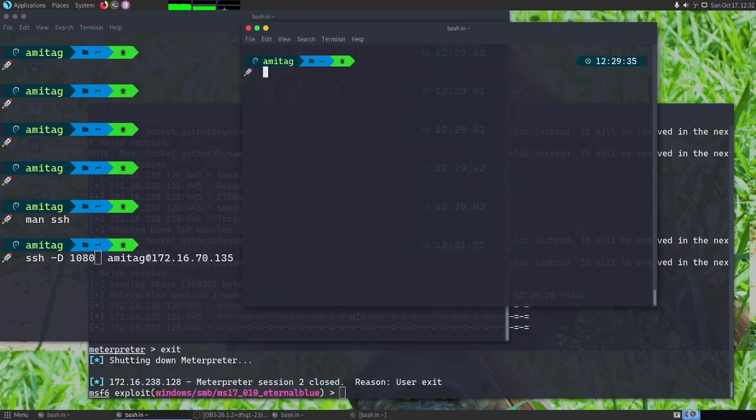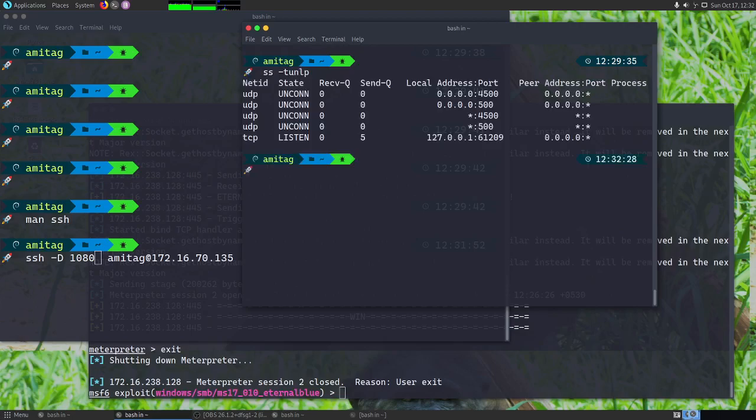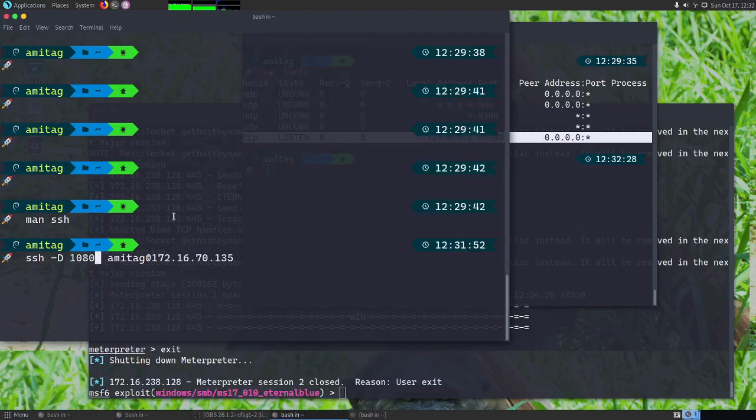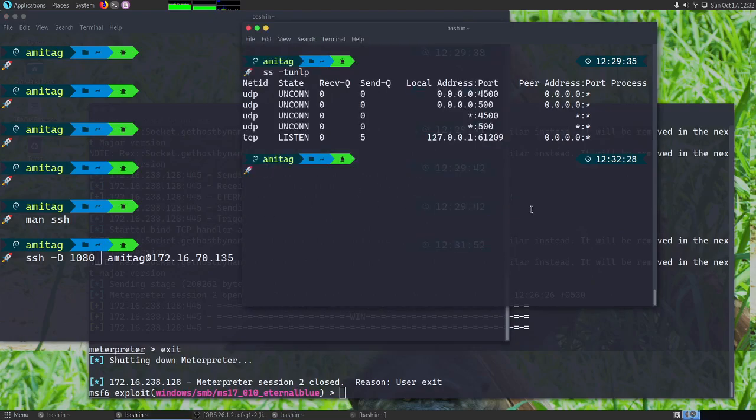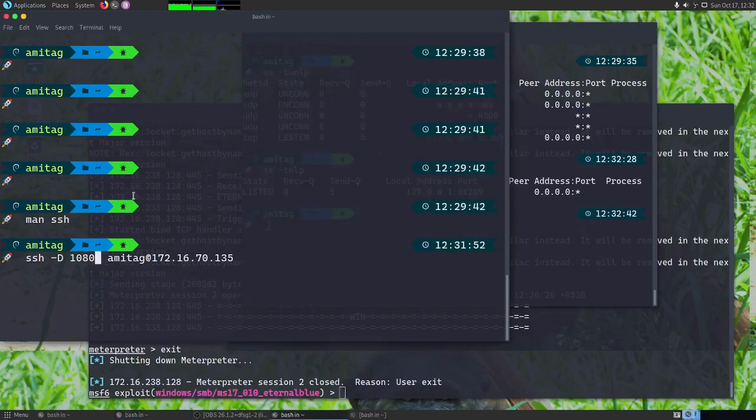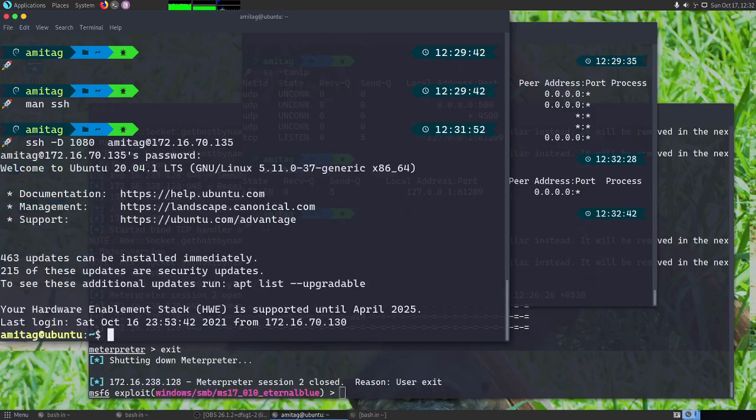So if we do ss minus tunlp, you can see that we are not listening on port 1080 before we start the SSH. Actually, I can remove minus u. That way it will only show me the SSH ports. Now once we have done that, we can run this login.